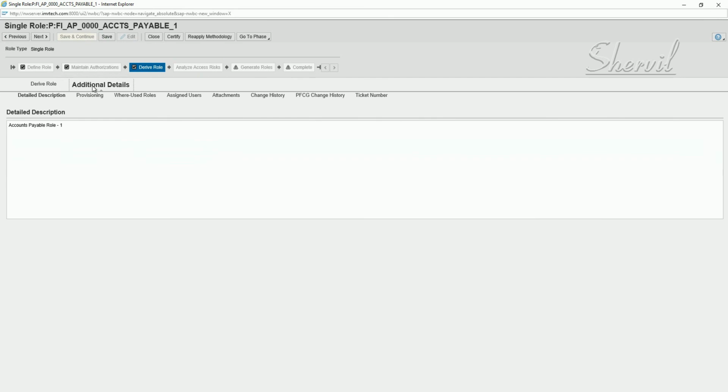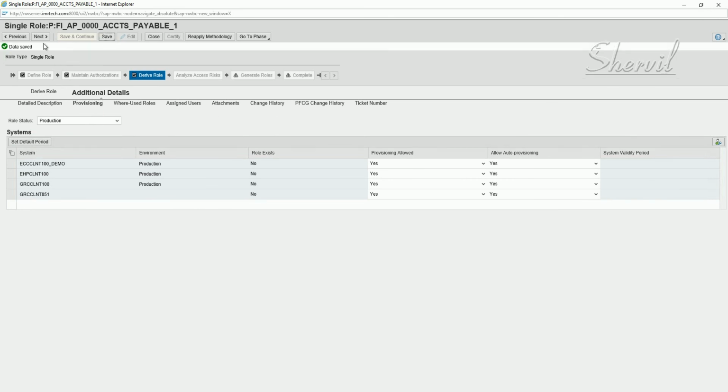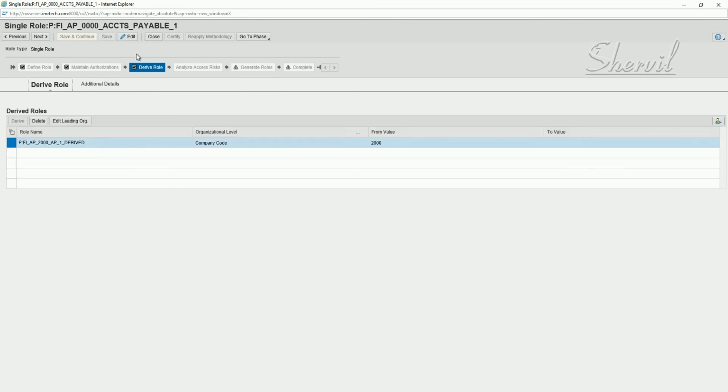In the additional roles, again, you can say derived role for, but these are coming from provisioning, production. Okay, so let's save and then go to derived role, right? Say go next now.